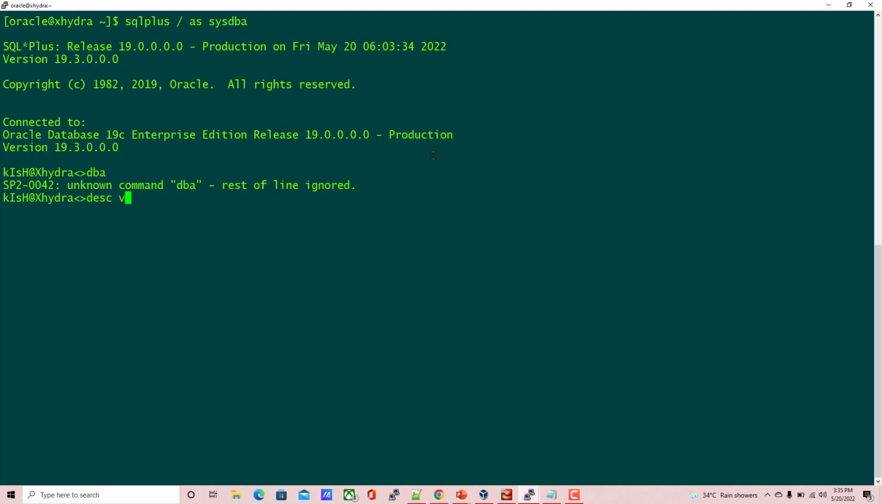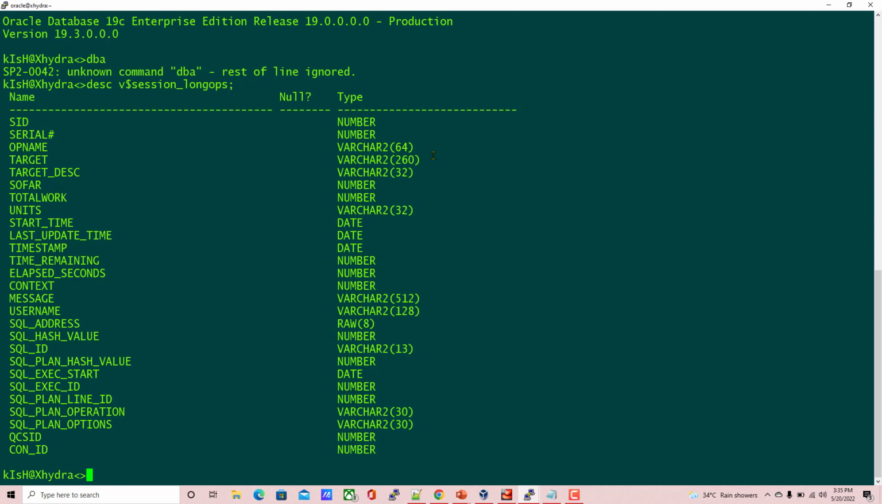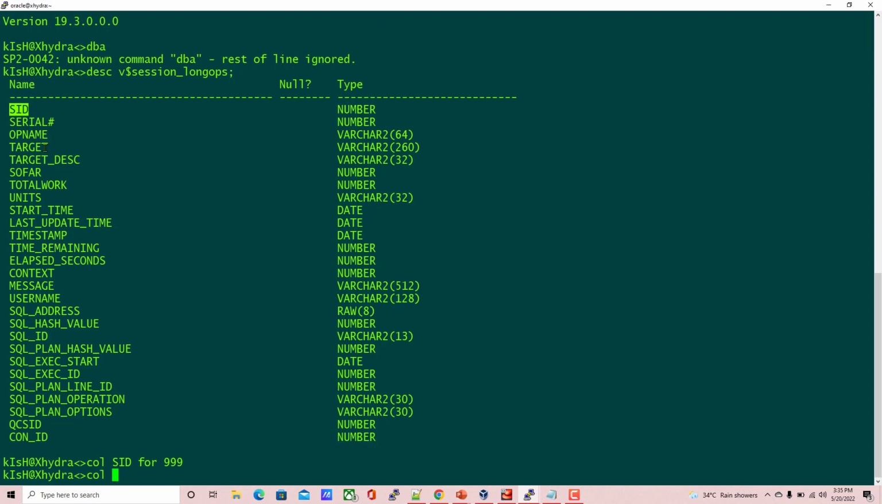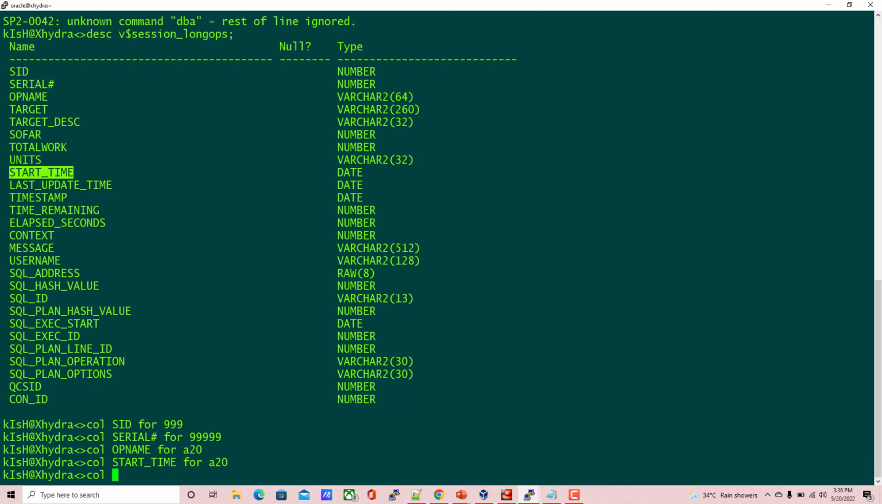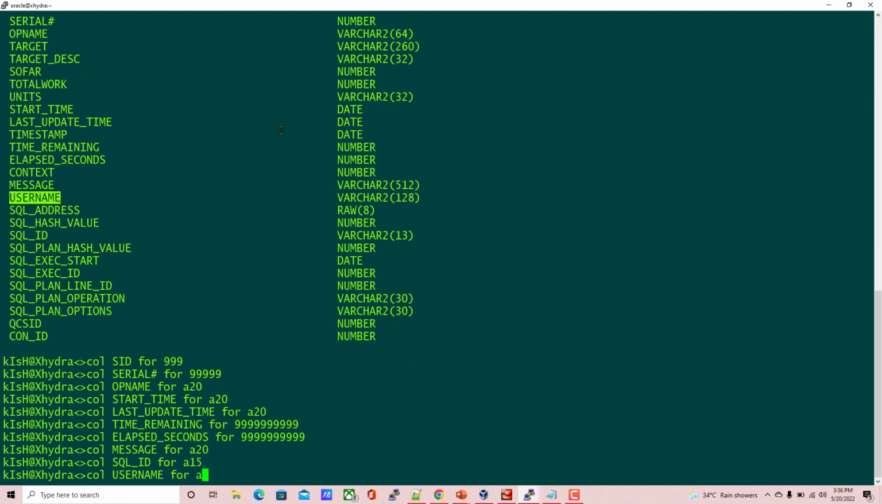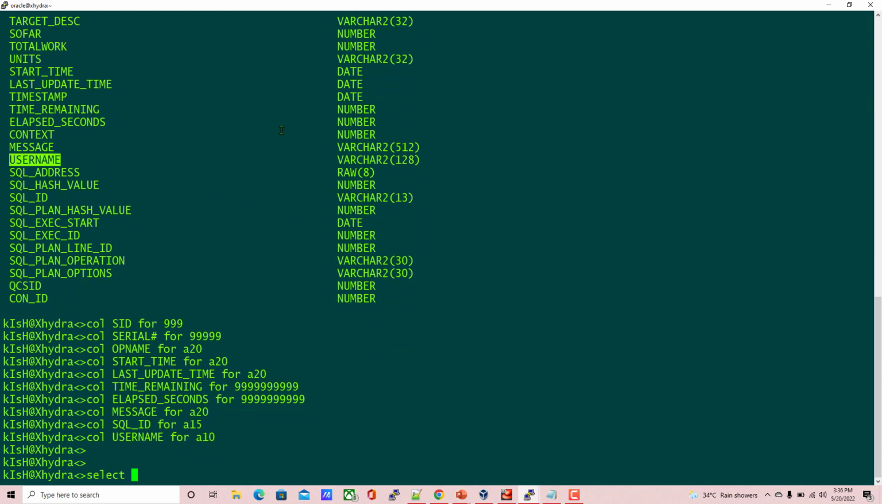So here we have a view called V$SESSION_LONGOPS. This view contains valuable information related to the long running sessions which are running in our database. So let me simply format my columns. Okay, so now I'll use all these columns: